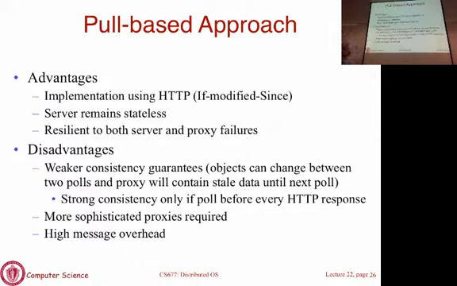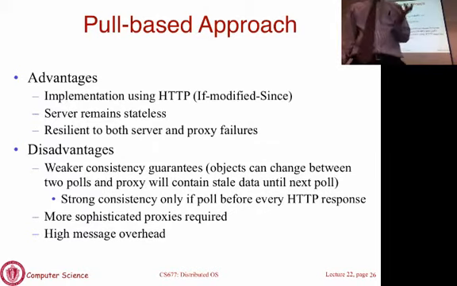Not as good as server push, which immediately pushes notifications as soon as the object changes. The server knows, but the proxy never knows, so it can only poll and figure out. More sophisticated proxies are needed. Message overhead may be higher if you set the poll interval to be more aggressive than it needs to be. You're wasting messages. In server push, consistency messages are only sent when needed, when the object has changed. Here, polling is basically extra message overhead. You're checking, but if the answer is no, that was a waste of a message. You needn't have sent it. Not that you shouldn't, but you needn't.